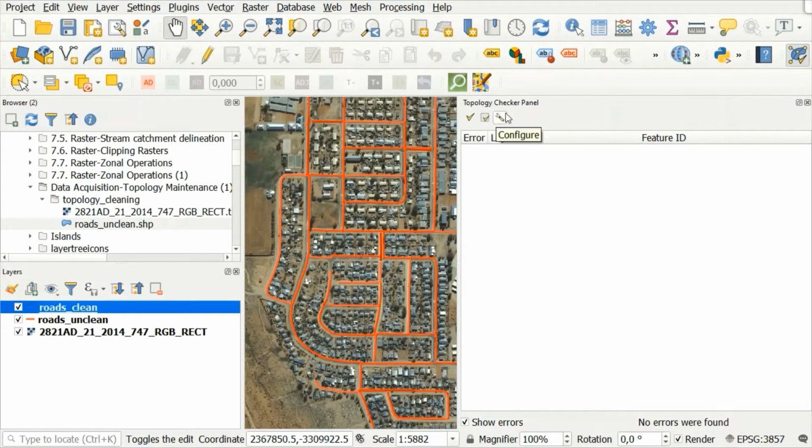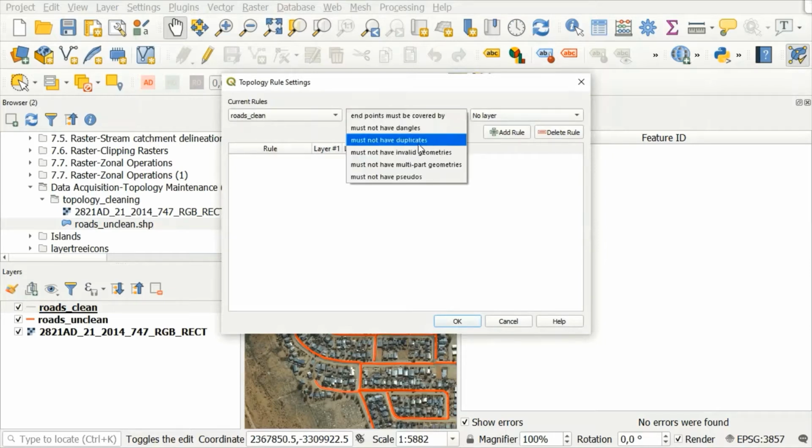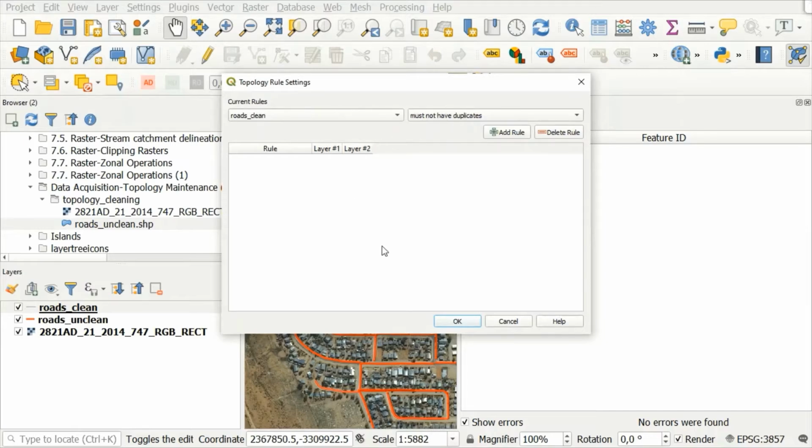And we are going to configure the topology rule settings on this interface. So the layer that we are going to use here is the roads clean layer, and we are checking for duplicates. So we must use the rule that says must not have duplicates. Okay, add the rule,